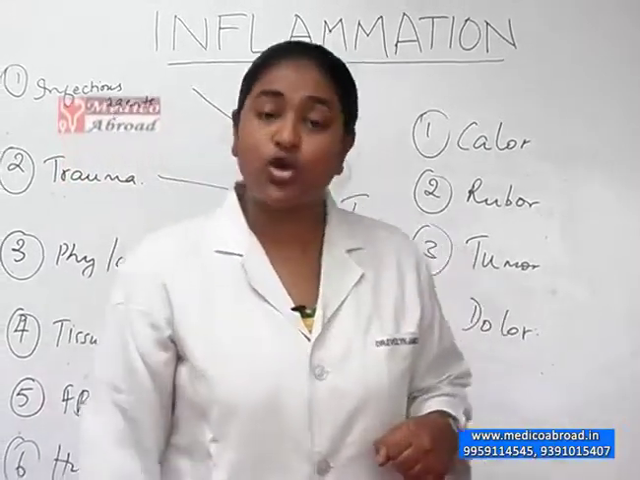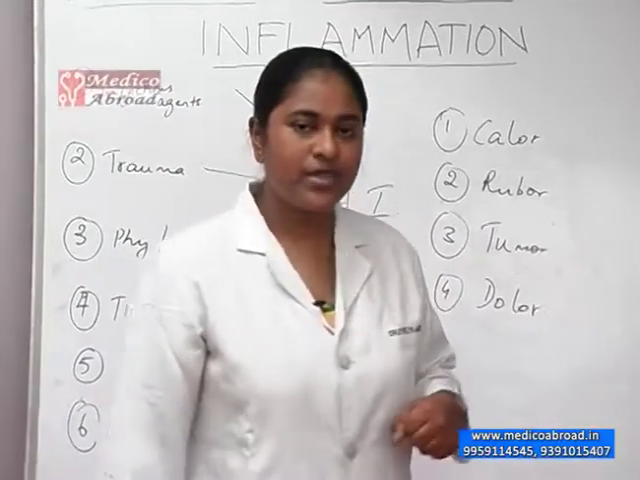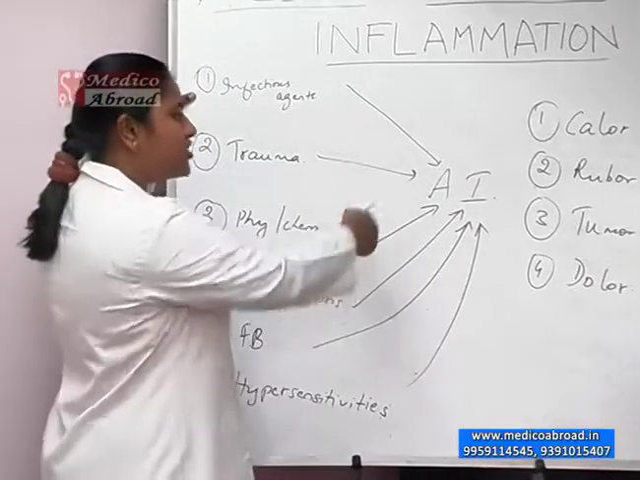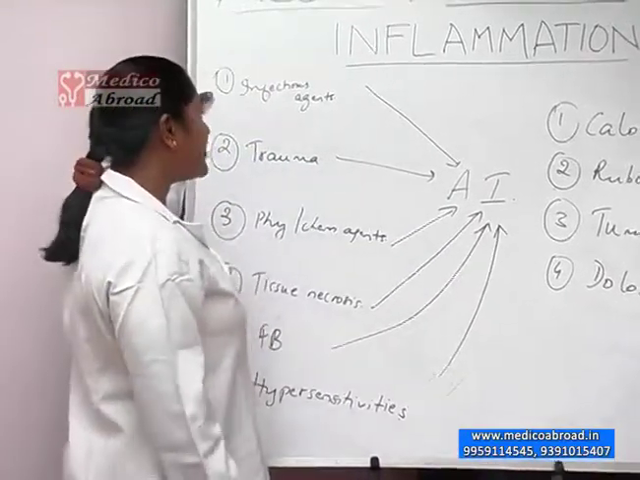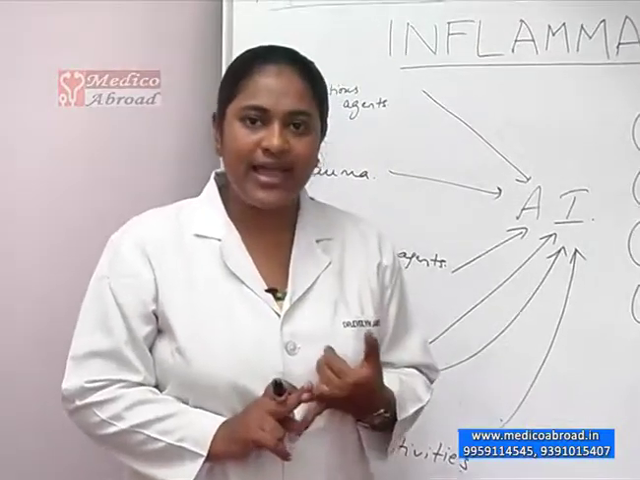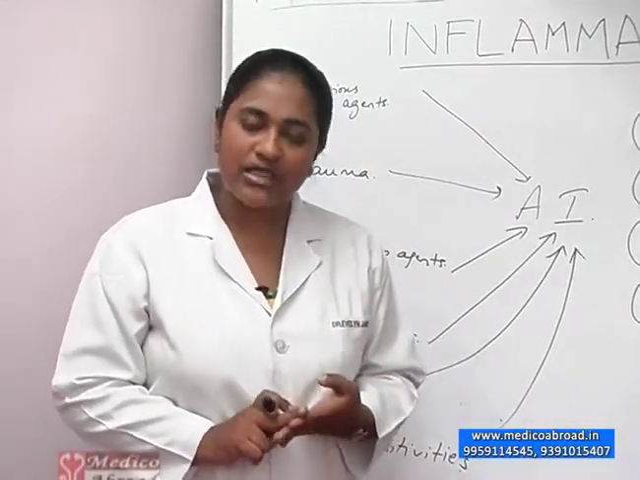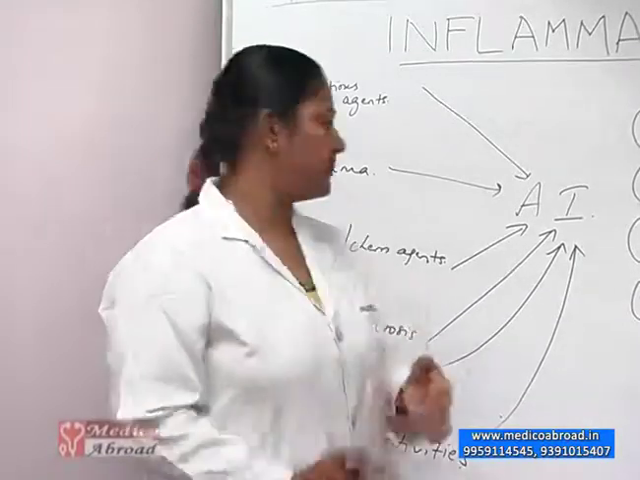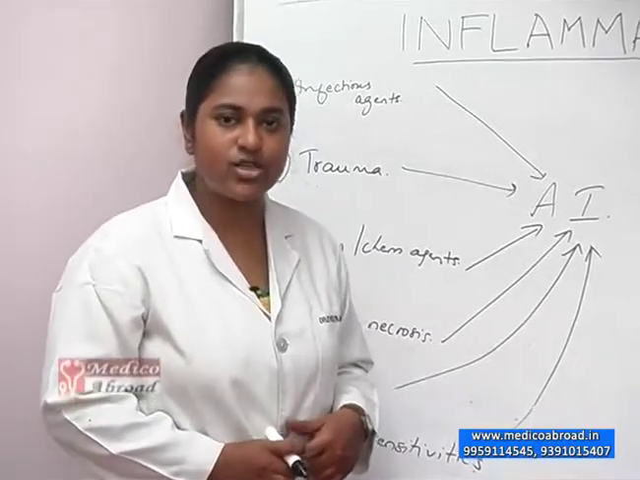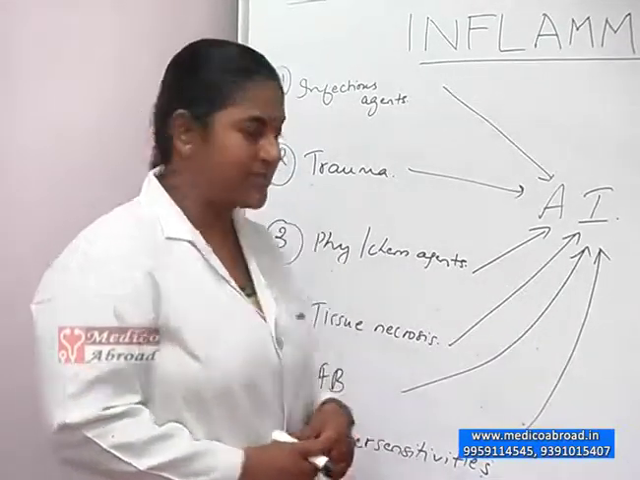Let's look at the causes for acute inflammation now. If you take a look at the board, acute inflammation may be caused by infectious agents like bacteria, fungi, viruses, or other parasitic infections. Trauma may also cause acute inflammation. Trauma may be of 2 types, blunt